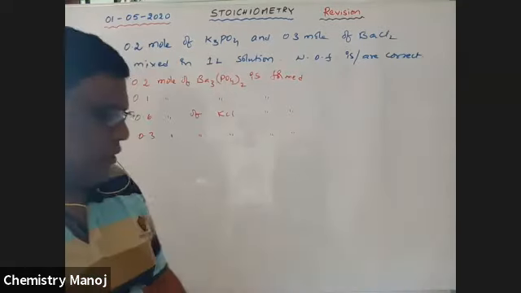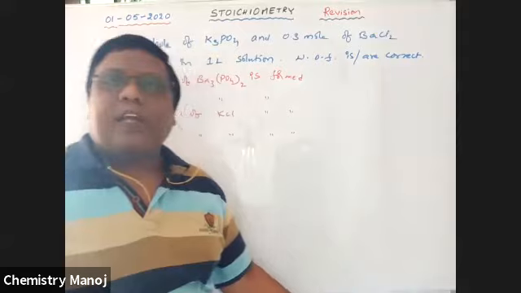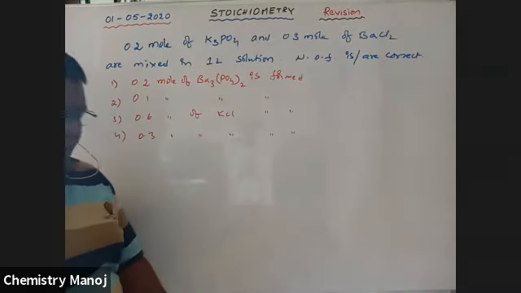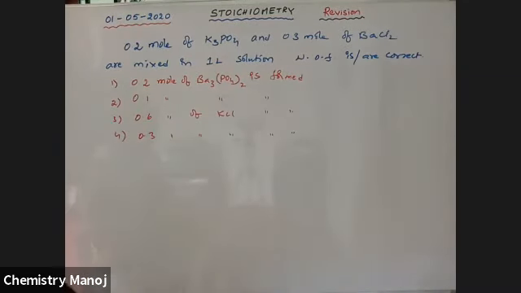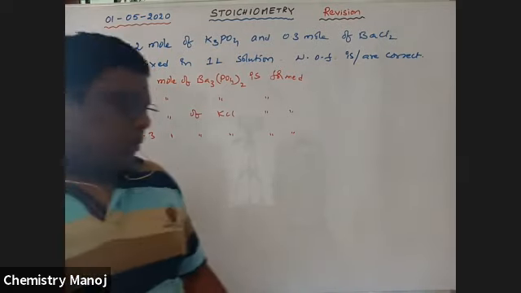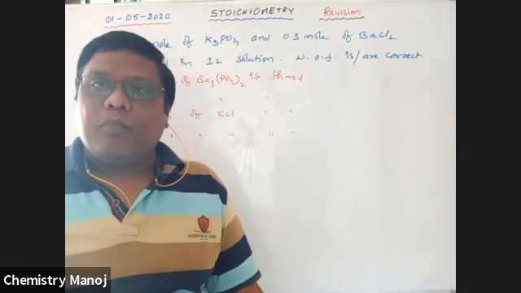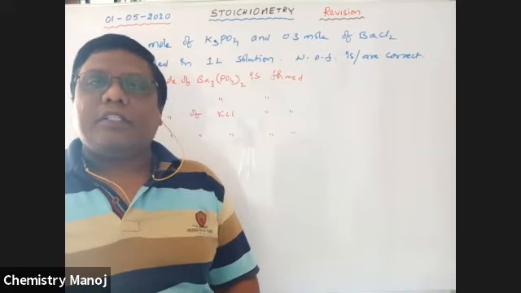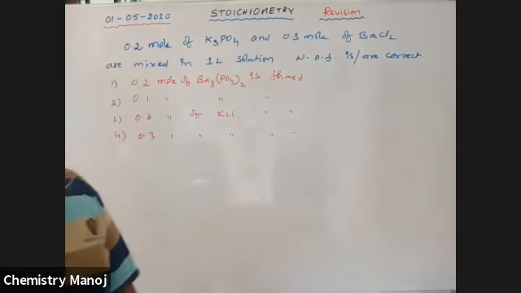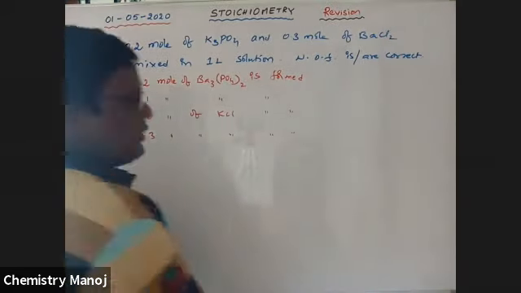So that is the simplest question. 2 reagent values are given to you. Yes, 2 and 3 are correct, no doubt. Whenever 2 reagents are given to you, find out the limiting reagent. Calculation is based on the limiting reagent.